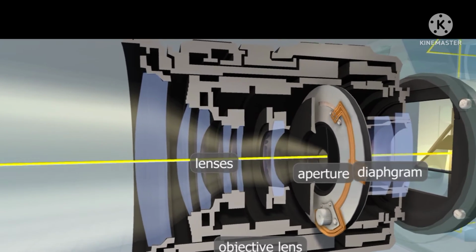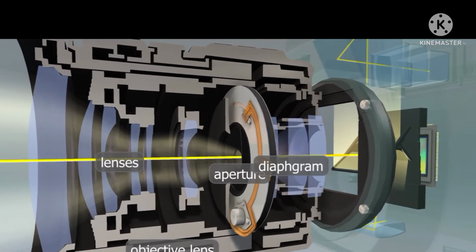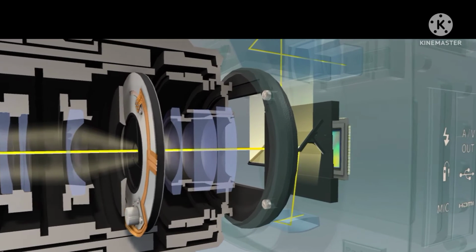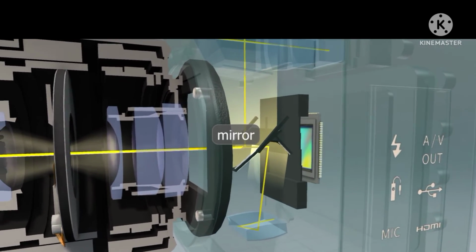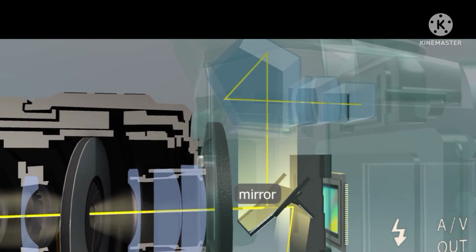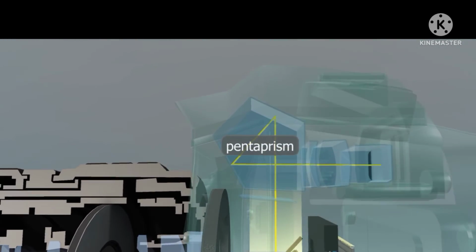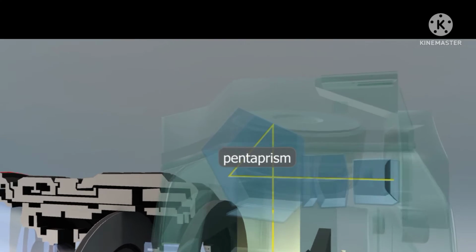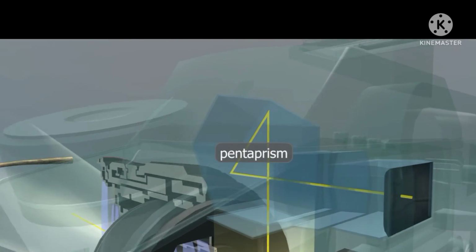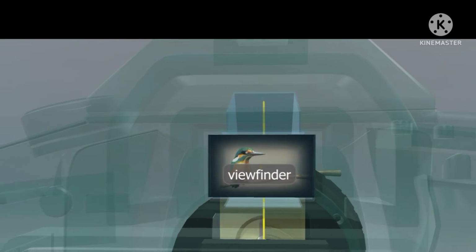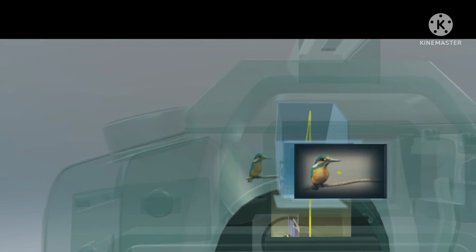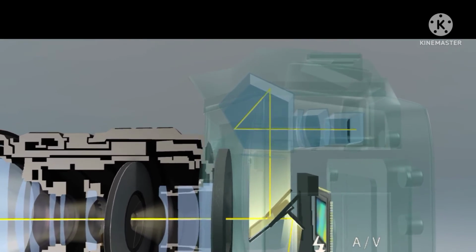In single-lens reflex cameras, after light passes through the aperture, it reaches a mirror positioned at an angle to reflect it through a pentaprism to the viewfinder. The pentaprism ensures that the image we see in the viewfinder is not upside down. Some cameras have a semi-transparent mirror with a secondary mirror behind it that is perpendicular to it. This secondary mirror directs part of the light towards a focusing screen and then a sensor array to operate the